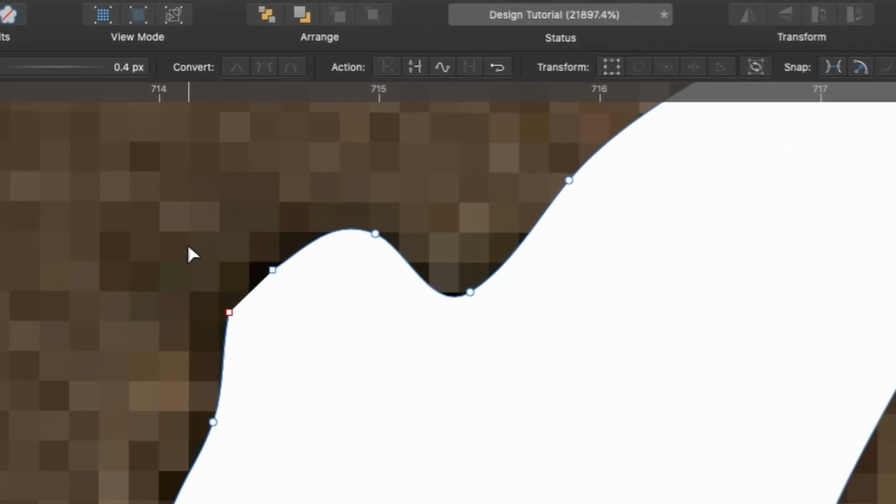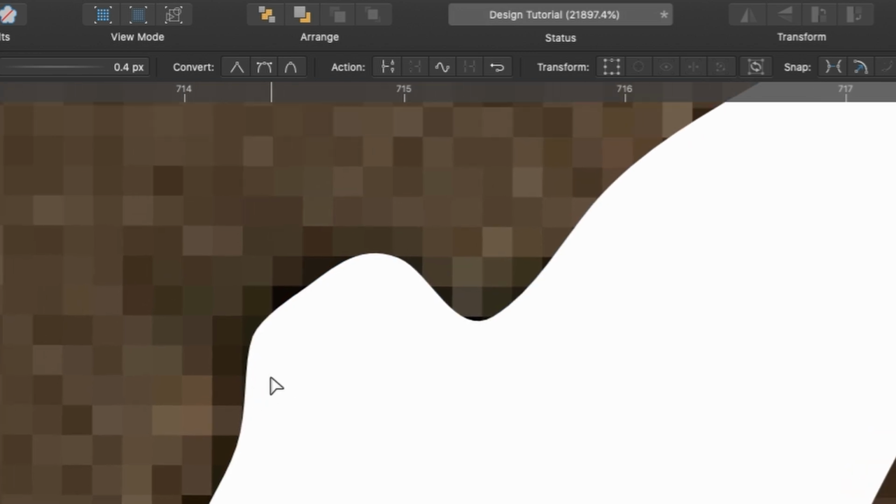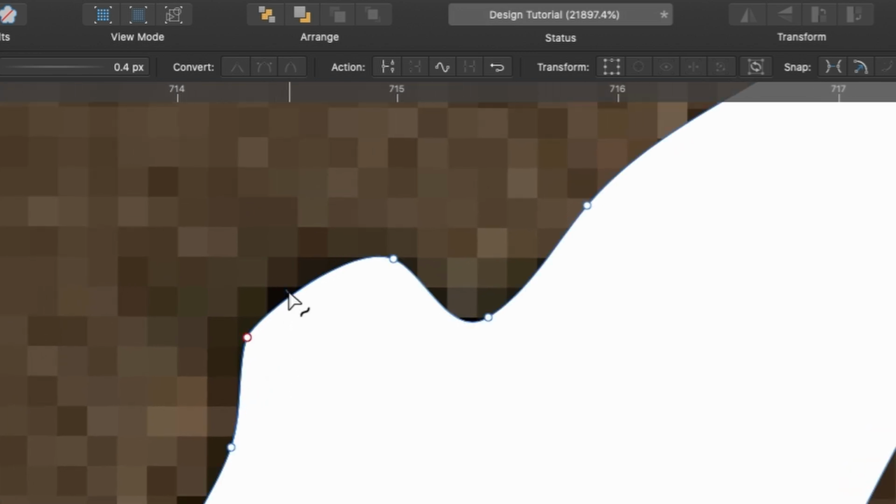I'll close that off just like we've been doing before. Select both of them, close curve. This one I will make a smooth node. See, it's a little bit more smooth now, and I could probably get rid of this one here. Play around with it. Something like that.